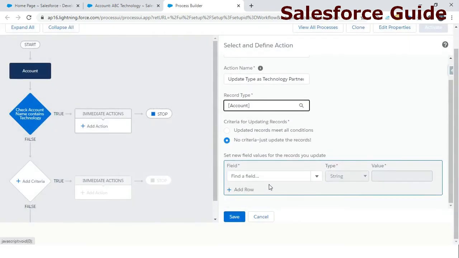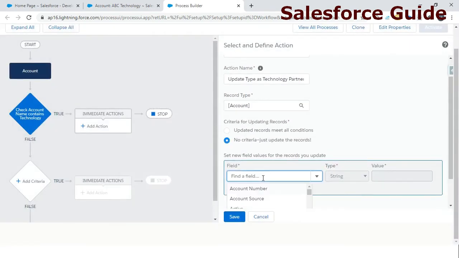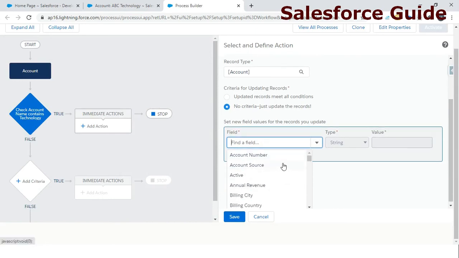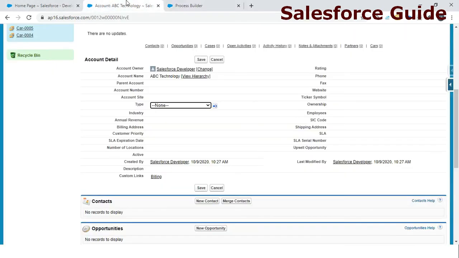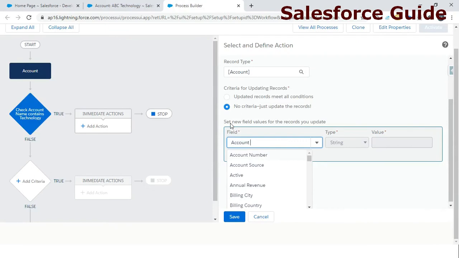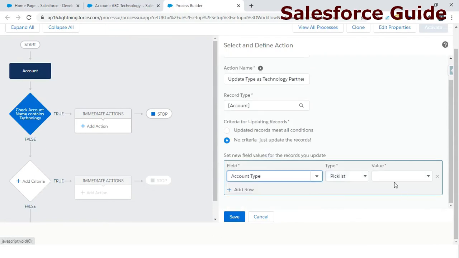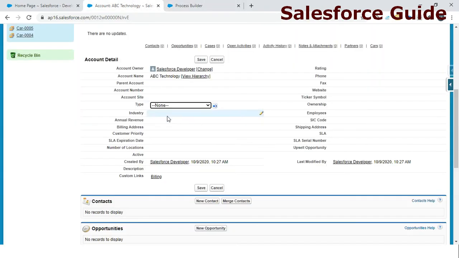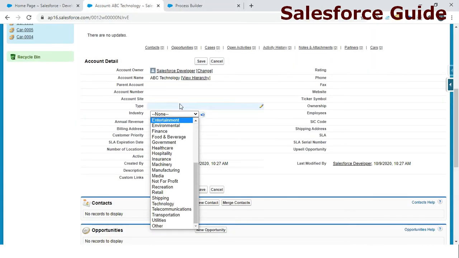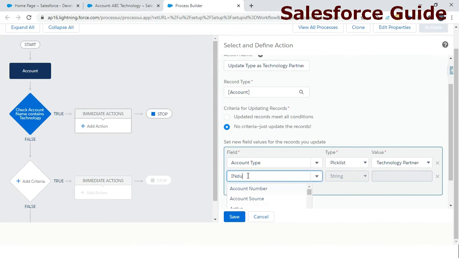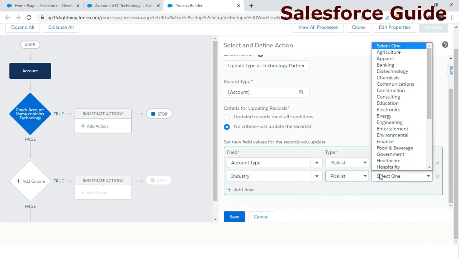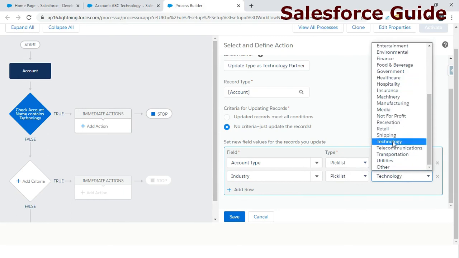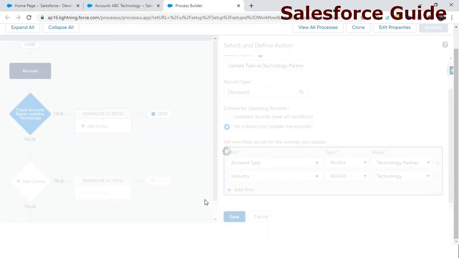I'm adding the field here: account type, a pick list value, which should be technology partner. After that, industry should also be technology, so I'm selecting the industry pick list, technology. Then I have to perform the save.